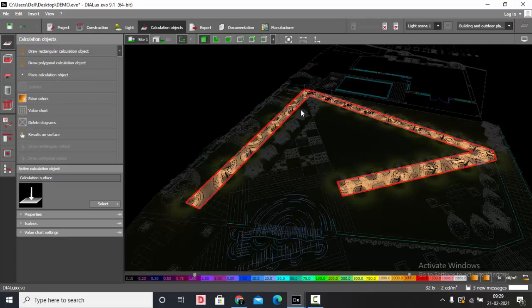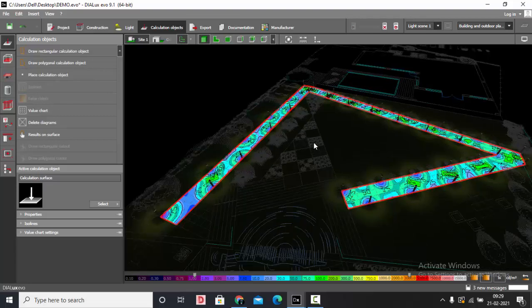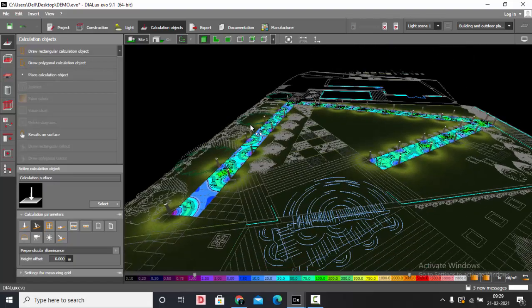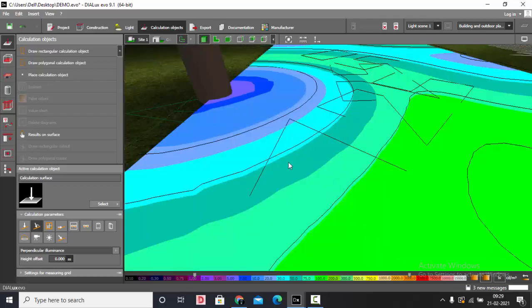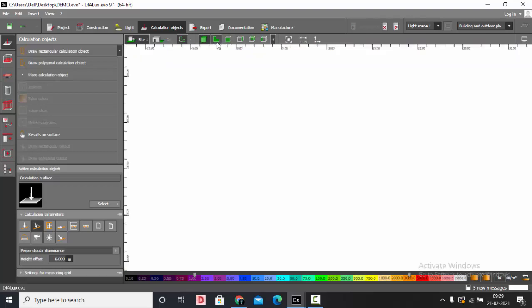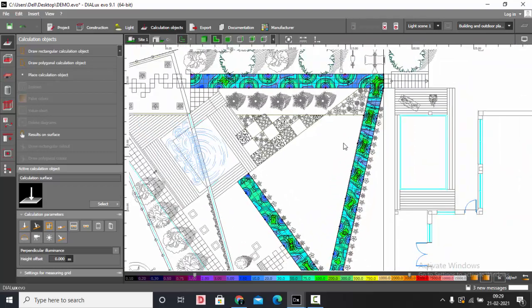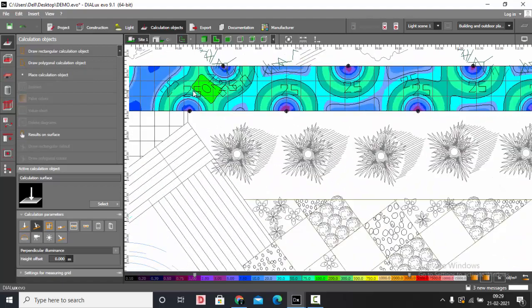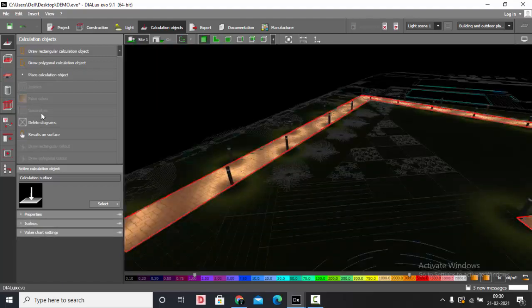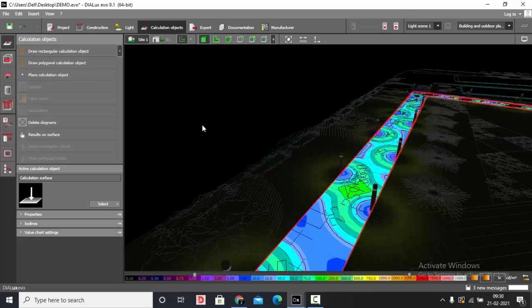You can select this, and if you want it to be displayed as a false color, select this to be as false color. It will appear something like this. So you can see the different lux levels. Same thing will be available in your plan view. You can even have the lux level ratings in the form of a value chart.